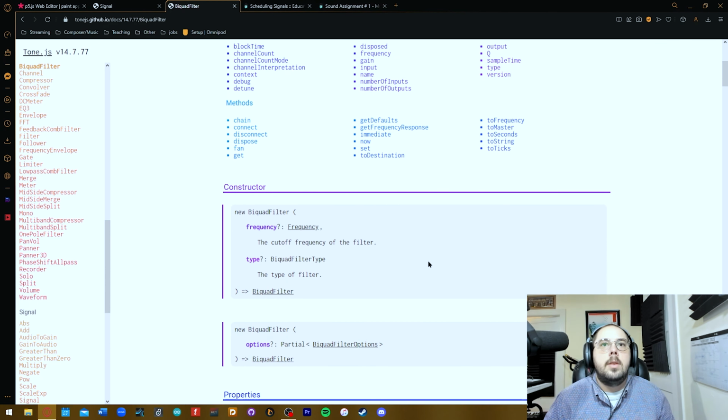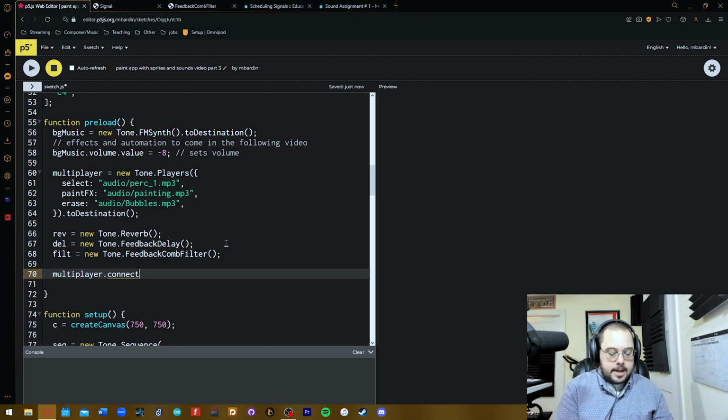Multiplayer dot chain. Actually, I'll start with connect. And we could just connect it to one thing at a time. That's fine. I could connect it to the reverb. And there we go. We could say dot chain. And you can list out several things and you'll connect each thing to the next in the list. So we could be like reverb, delay, if just to use that same order. And it would connect all the stuff. That's cool. But what I'm going to do is dot